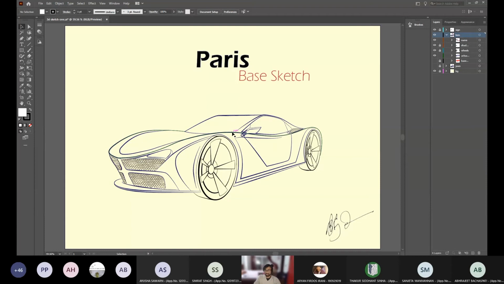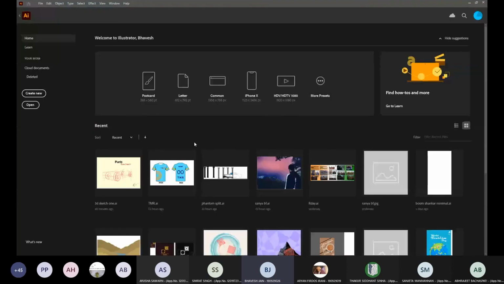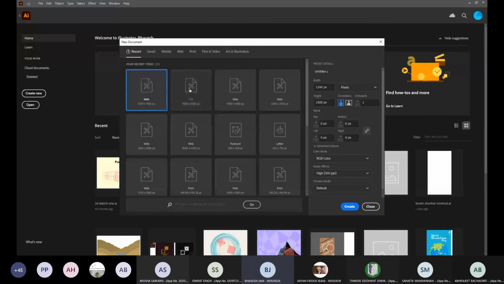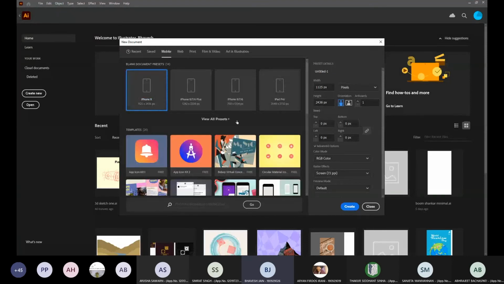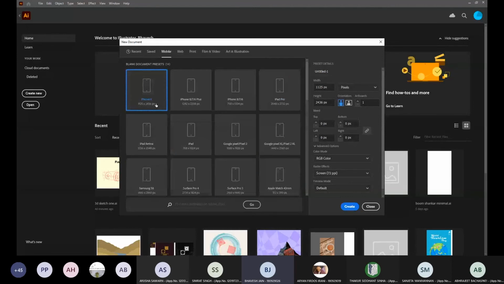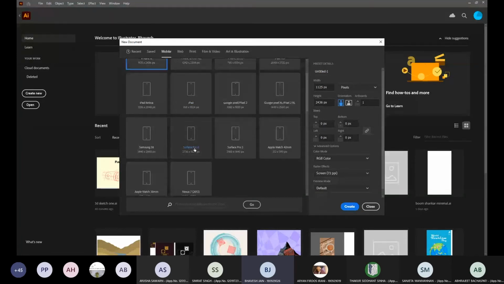So now coming on to starting up with Illustrator. When you start Illustrator, from here you go to create new or open, depending upon whether you want to edit an existing file or create a new one. So we go to create a new file, and there are various templates over here. You can select from a wide variety of templates. If you want to make wallpaper for a Surface Pro 4, and again, web presets, your various advertisements and all, MacBooks, screen sizes, a lot of that stuff.